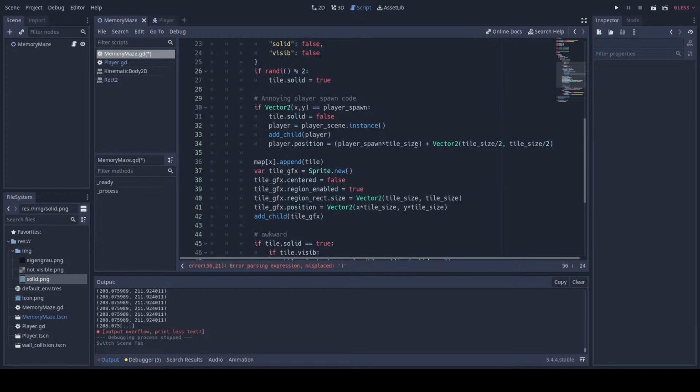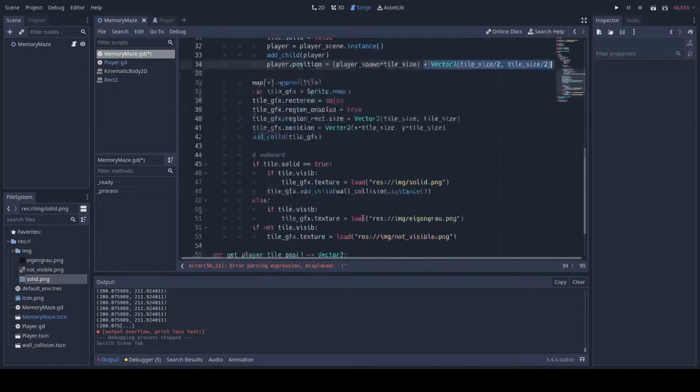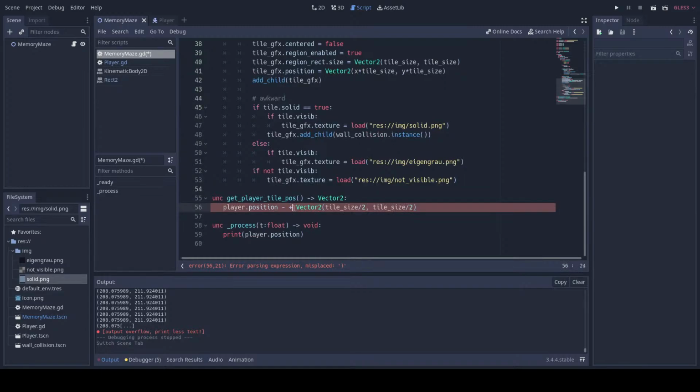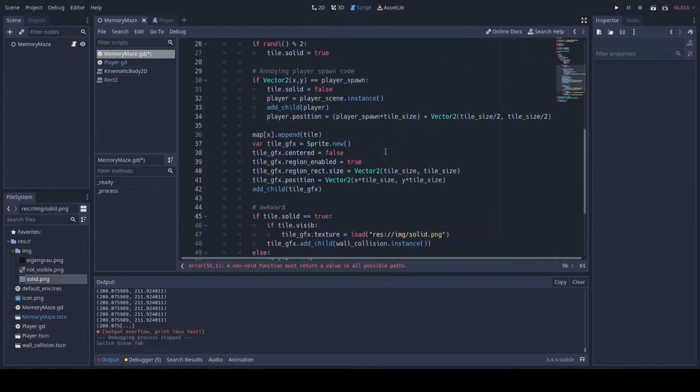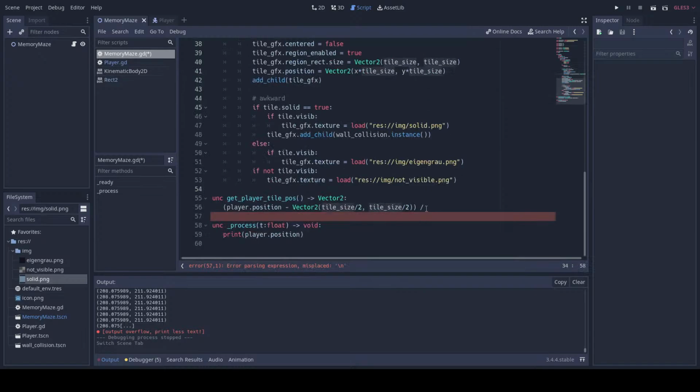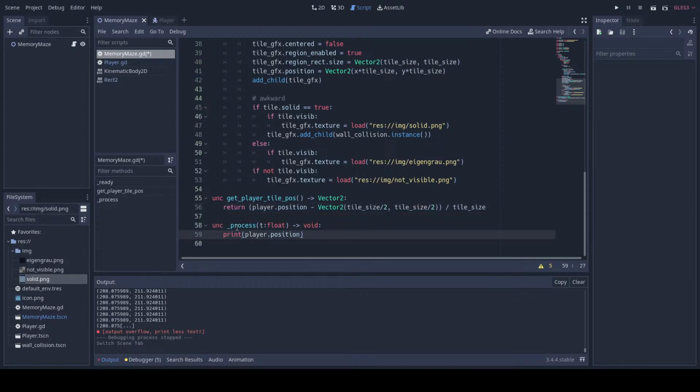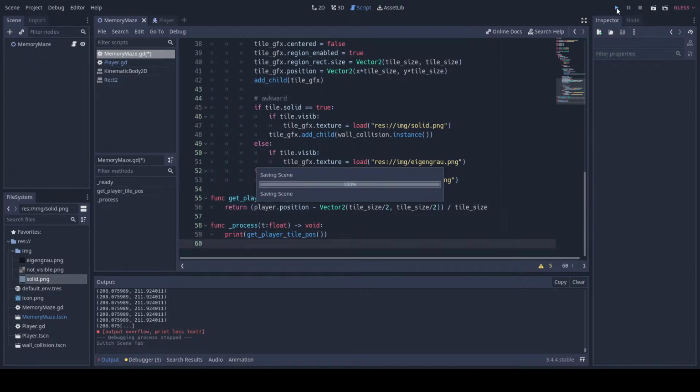minus the half tile offset, I guess. I mean, this is kind of awkward, right? So you subtract this, and then you divide all this by the tile size, and then you return this, I guess. Alright, so now let's just print this instead and see what pops out. It should say 1010, and then as I move around, oh, right, so it's still giving me the fine-tuned position,